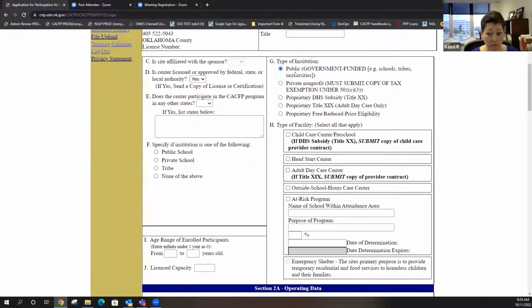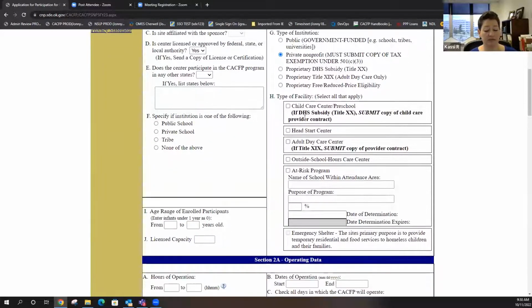If you are a school, you're public. All your sites are going to be public. If you're nonprofit, I don't think we have any nonprofit that has anything other than nonprofit sites. Other than maybe if you're a nonprofit sponsor, and you might have child care centers that receive, well, no, if you're a nonprofit sponsor, you'd still be nonprofit because none of those have to meet the 25%. So you should know which one to select if you're a sponsor. If not, contact me and we'll make sure we get it marked correctly.